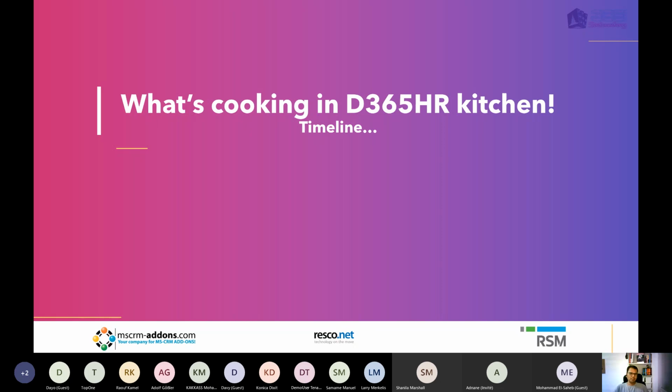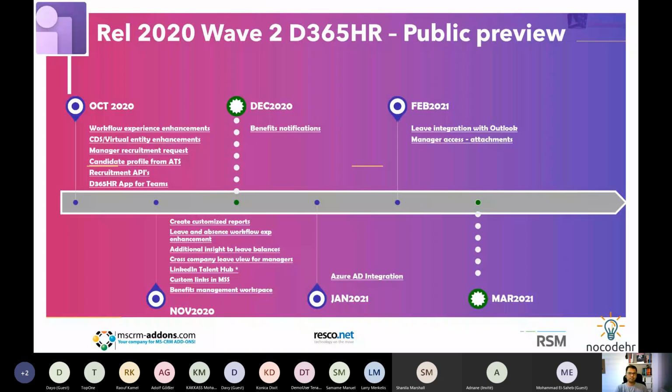So in order to explain that and also to make it easier to have those discussions, I've created two timeline slides. The first one, what we see here, is the timeline of the availability of these new features that are planned in public preview. And what you can notice is the majority of the capability is planned to be delivered for testing in October and November 2020, with a small amount of remaining features planned to be available for public preview in December, January, and